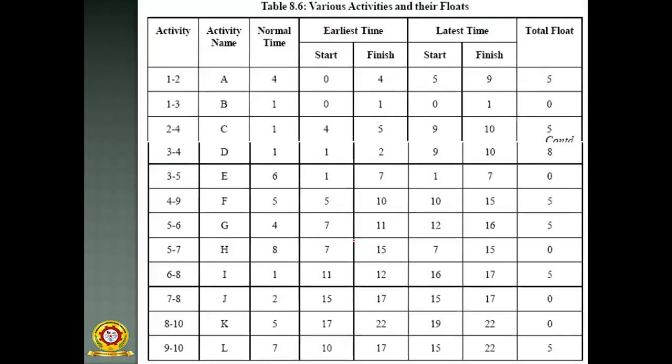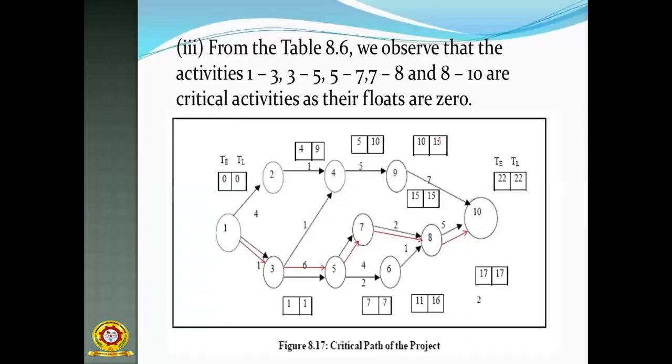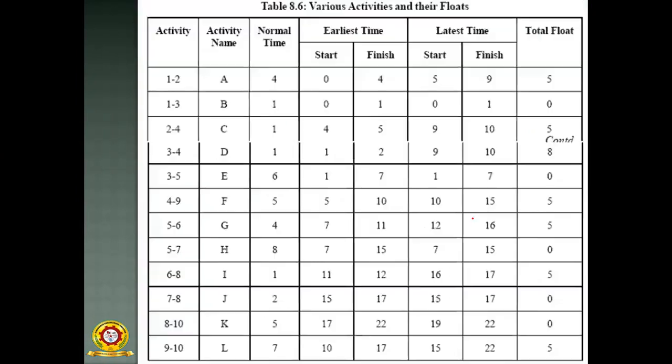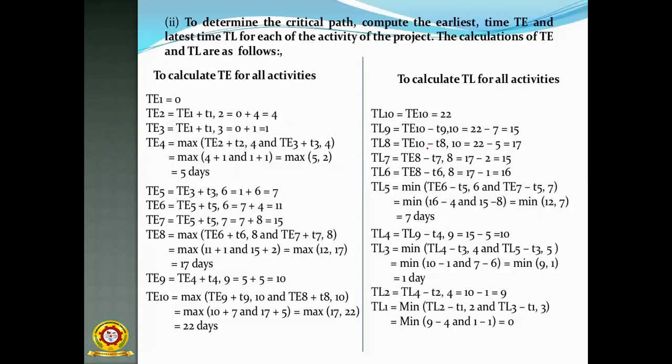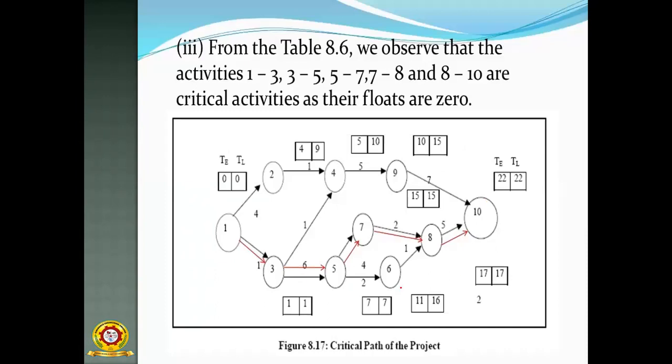So already you have to know this. Where the total floats are 0, those are called critical events, and you have to connect all of them in the simplest manner. How we are getting these values, I am already giving the formulas for each and every activity. After the class is complete, you have to see this one, then you are able to understand. Then this is the critical path. Finally TE and TL are equal to 22.